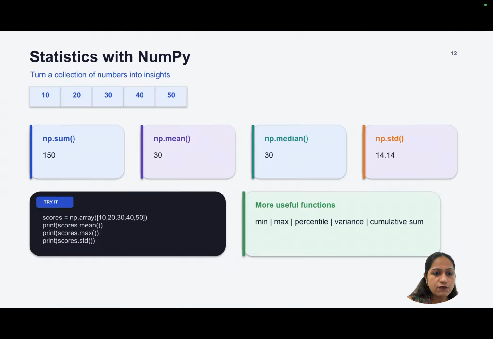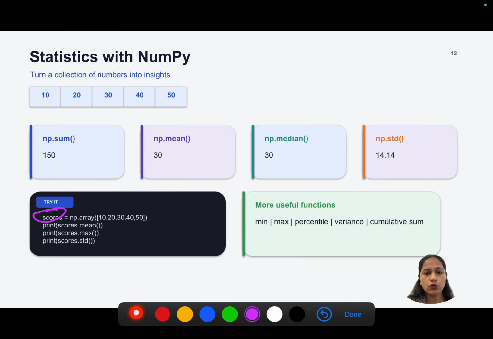Okay, so if you have an array, you try it on your own. Given this array, you can directly apply the function mean, standard deviation, max. You can use min function, you can use percentile, variance, cumulative sum, median. Okay, you can use all these and do the statistics part on your own. Okay, so if you want, let us do